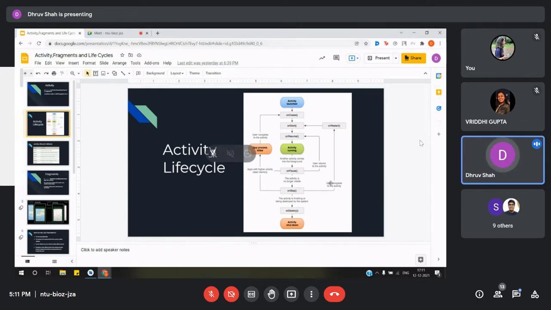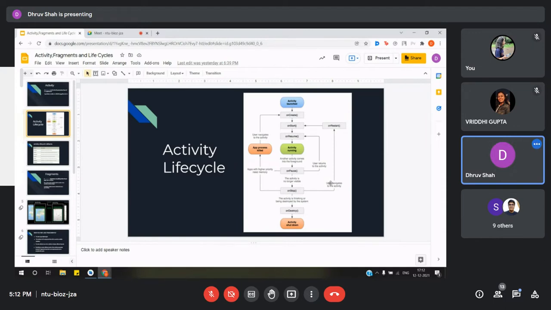Next, the onDestroy method is called when the activity is just about going to get destroyed. So this is the time when you clean all the resources that you have used in the activity so far, for example, you close the files that you have opened during the activity. And at the end, you see the onRestart method. This is called when the activity has already run and had stopped, and you wish to start the activity again.